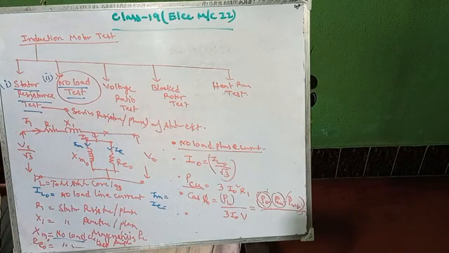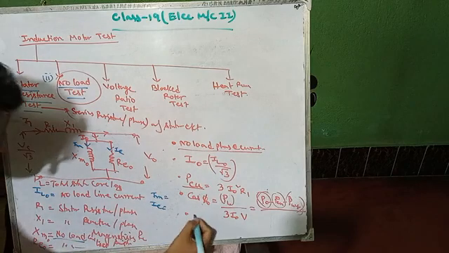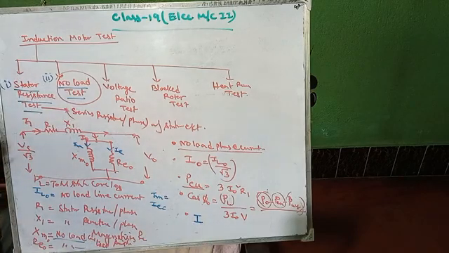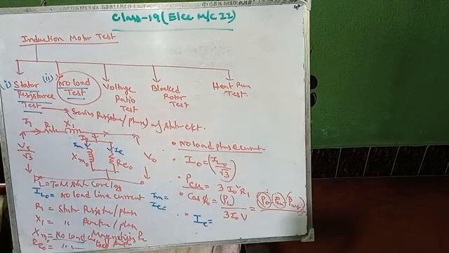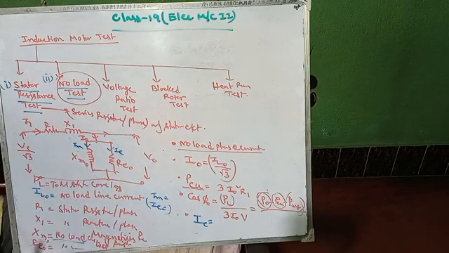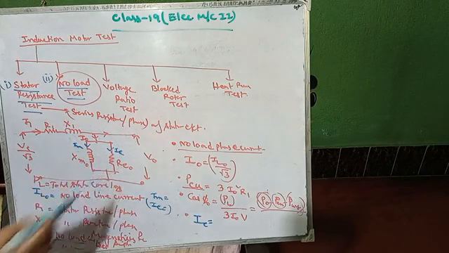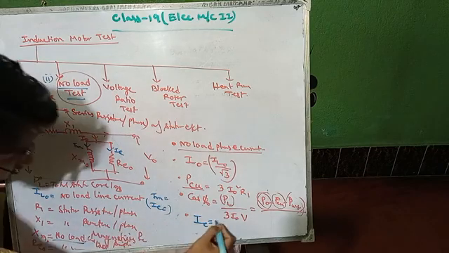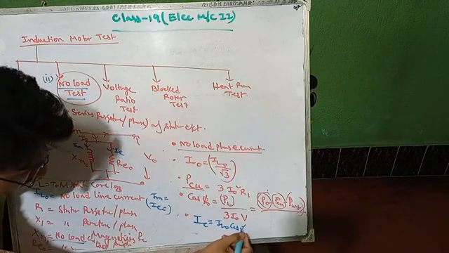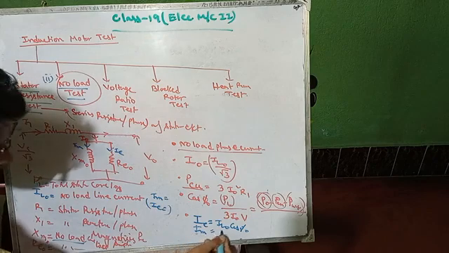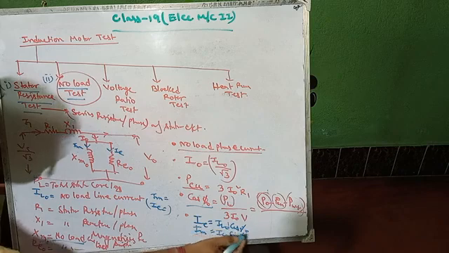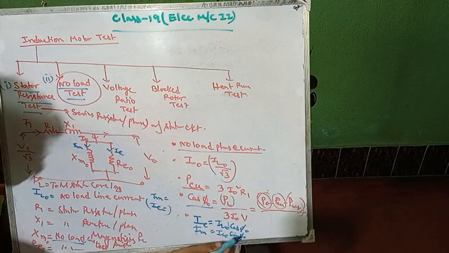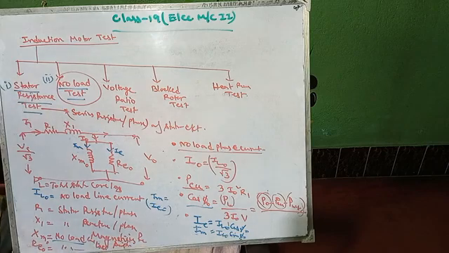And the fourth formula, energy component of load current, that is IE, the current through the core loss resistance. IE equals IL naught cos phi naught, and IM equals IL naught sin phi naught. From this concept you can calculate cos phi naught, then easily calculate sin phi naught, put it over here, and you can get IE and IM. These components you can easily find.